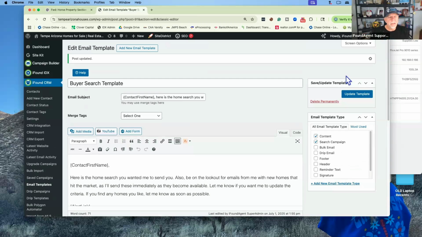So you've now updated 4 templates that we use with our system. There's a buyer search template, homeowner search or homeowner template, and then you did the default footer and default header. Now we want to go into the campaign builder. So if you go straight to campaign builder, search campaign,